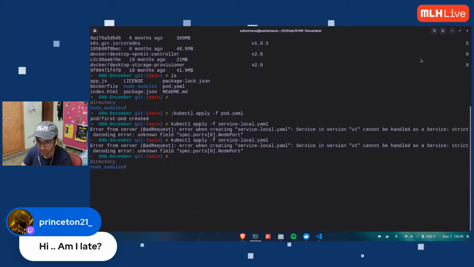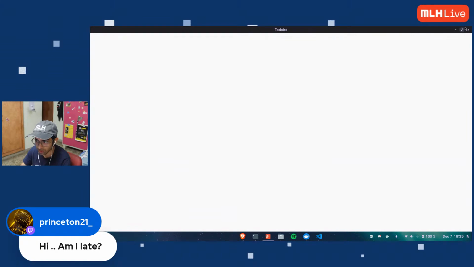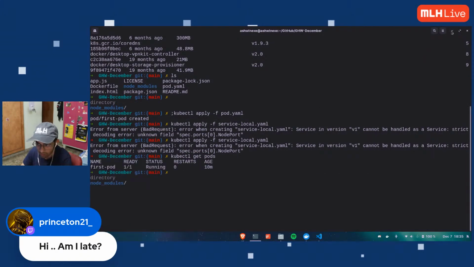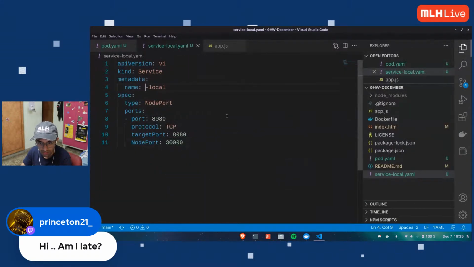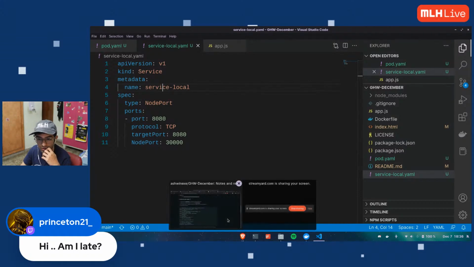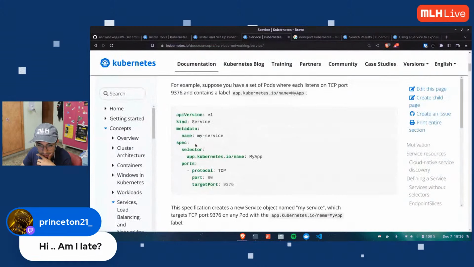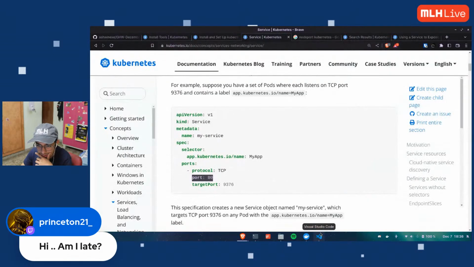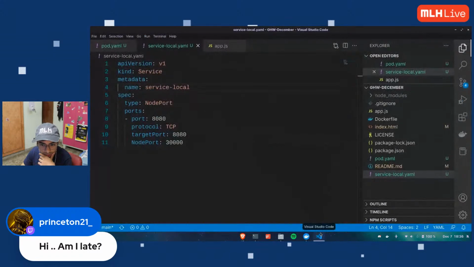Nope. Interesting. Do I have my pod running? kubectl get pods. I have my pod running. Yep. Let's go back to the documentation and check once. Ports, protocol. Yeah, port 80, that's fine, that should not be a problem.